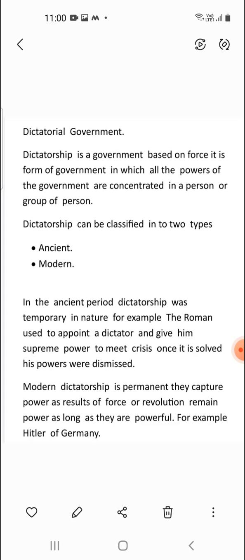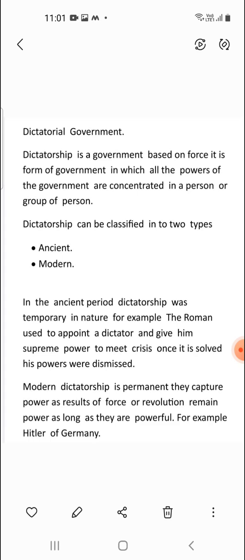If people feel that the representative is not working according to their will, they have full-fledged authority to dethrone that government and establish a new one. The word democracy is derived from two Greek words, demos and kratos,